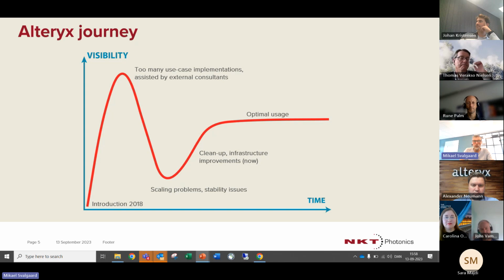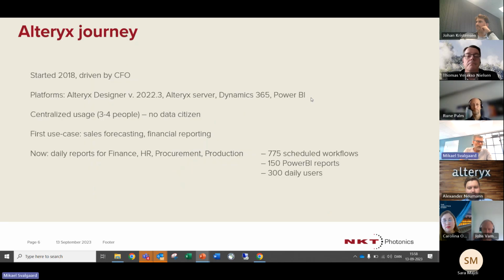Maybe a dbt tool operating under the umbrella of Snowflake is better, because there you have scalable compute to a much higher degree than you have with Alteryx. So that could be a smarter way of doing things. So we feel like we're very committed to Alteryx still, but we're climbing up this curve, and we're finding the real value after the initial hype cycle. And yeah, this is basically a summarization of where we are.